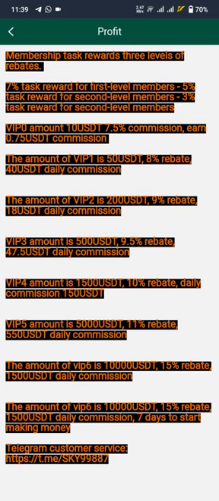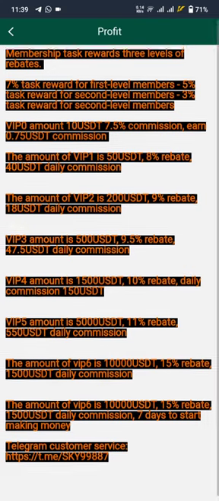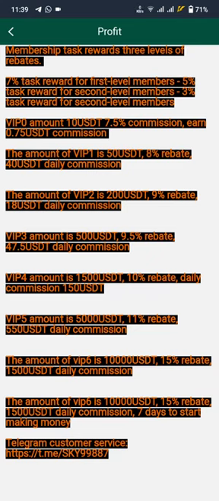So 7 membership task reward, 3 levels of rebates, and 7% task reward for the first level member, 5% task reward for the second level member, and 3% for the third level member. And VIP zero amount $10, 7.5% commission, 0.75 USDT commission. And VIP one $50, 8% rebate, $40 daily income. VIP two $200, 9% rebate and 18 USDT daily income. In VIP three 9.5%, VIP four 10%, VIP five 11%, VIP 6 is 15%, and the amount of VIP 6